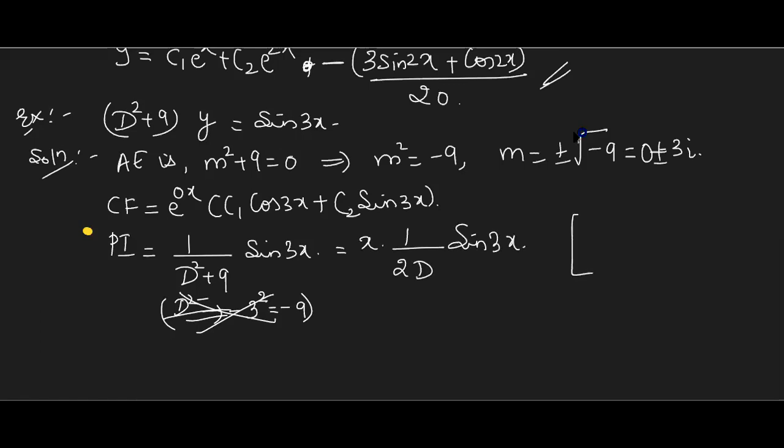One more important thing. Suppose you get only D square, not like plus 1 or plus 2 like that. I'll tell you one procedure. Actually, this can be solved in 2 ways. Multiply and divide by D, so that the denominator becomes D square, and replace your D square by minus 9. Numerator D means it is the derivative of sine 3x. Am I right? This is one procedure. This is a bit lengthy. I'll tell you one easy way. Now, D means what? It is a differential operator.